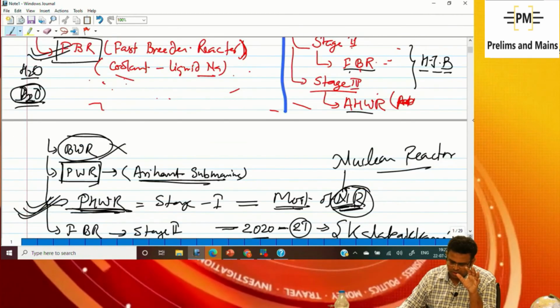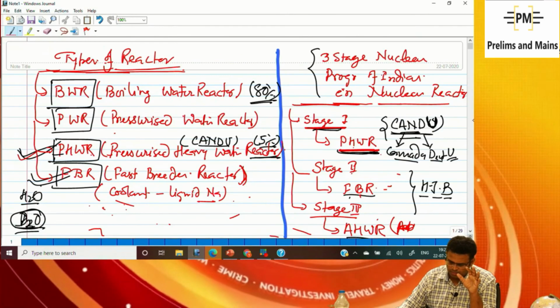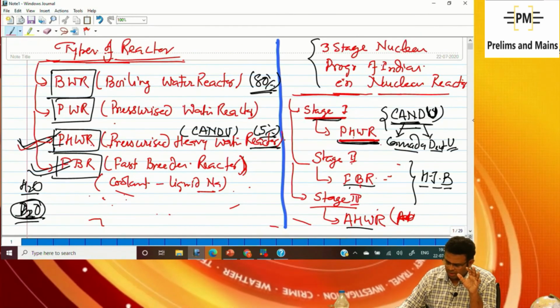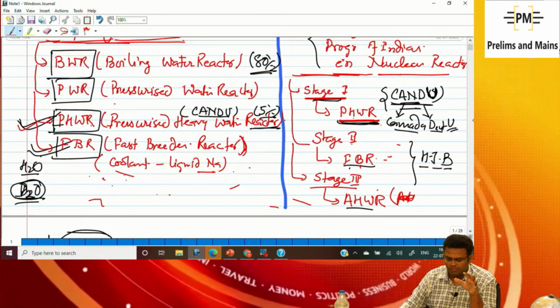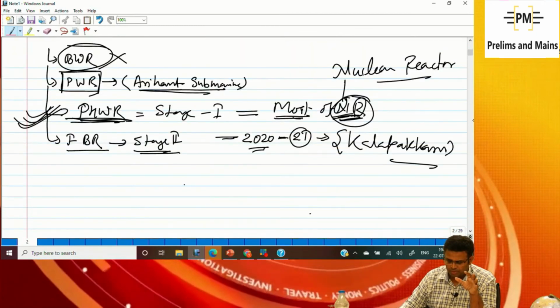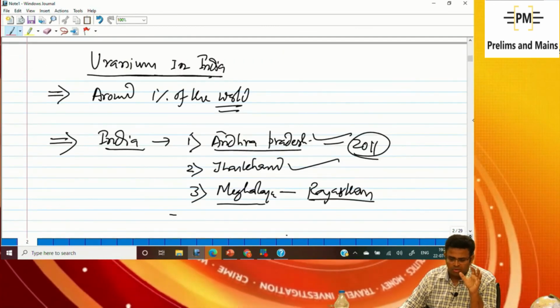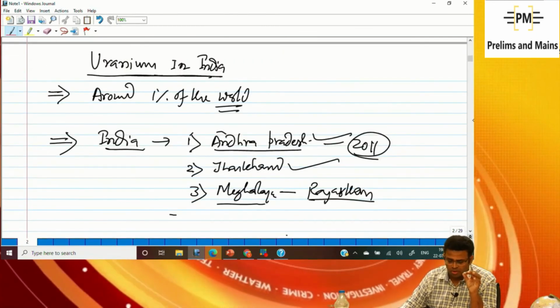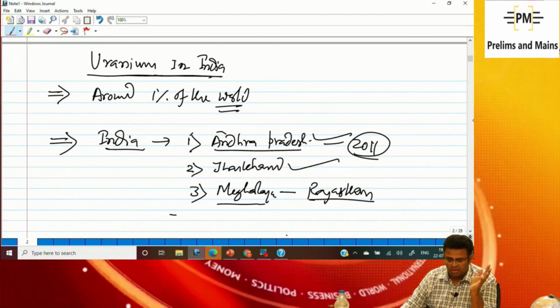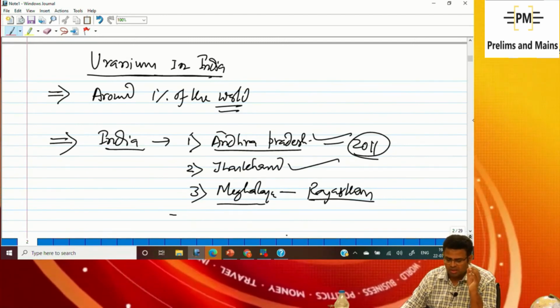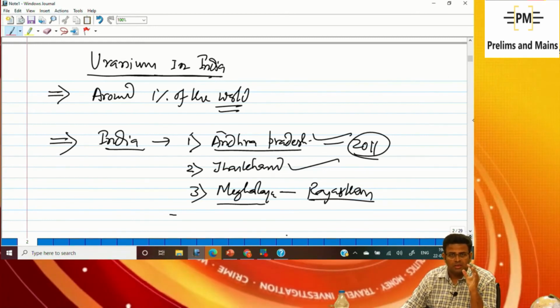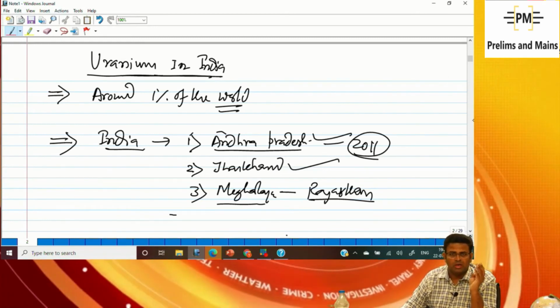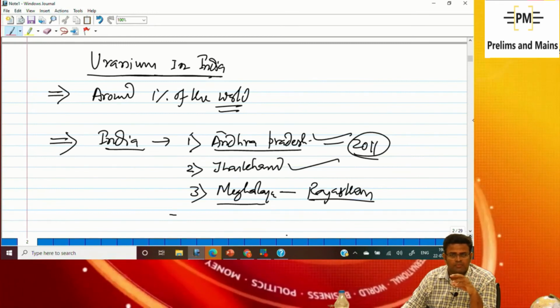And thereafter I said these are the points I said. Why Homi Jahangir Bhabha utilized the 3-stage program, and thereafter I said uranium: how much uranium, around 1% of the world, India, and where it is in India: Andhra Pradesh, Kadapa district, and in Jharkhand I talked about Jaduguda, yes, JMG, you remember Jaduguda, Musabani, Ghatsila, and thereafter